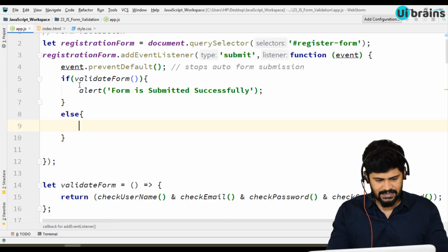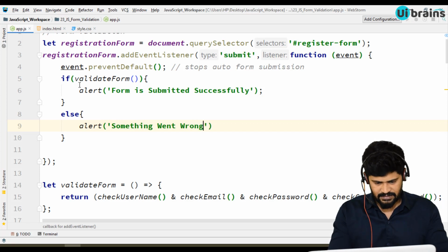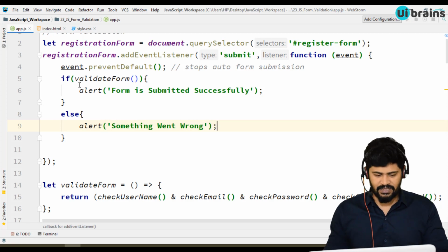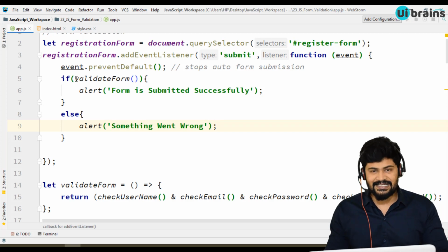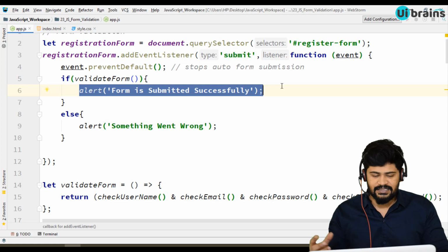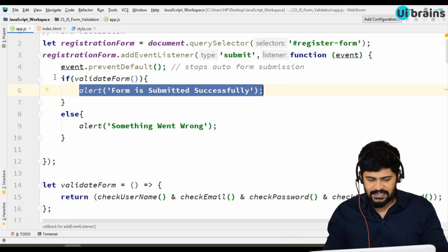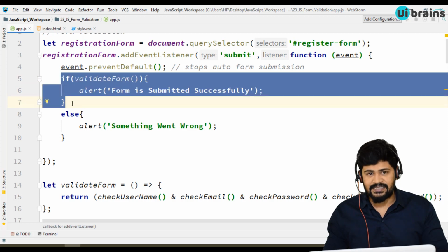Else alert something went wrong. Actually, not required. Now if it is successful, then you can call the backend logic, I mean a backend API, and you can send the form data to the server and all, right? Exactly this logic.